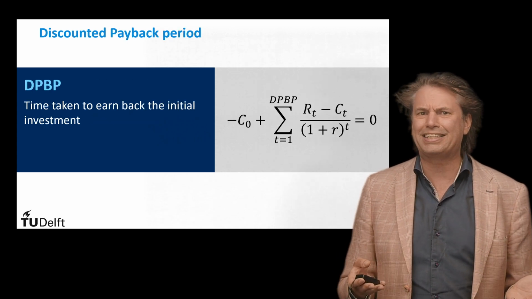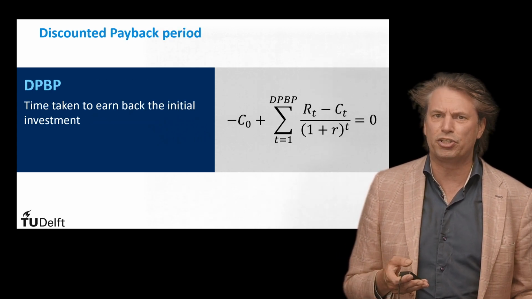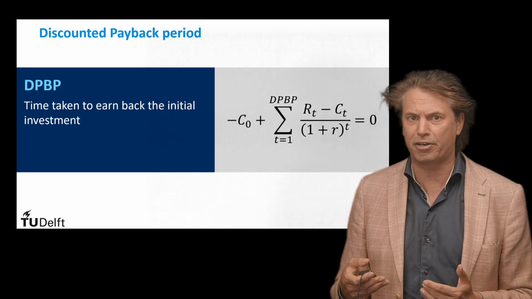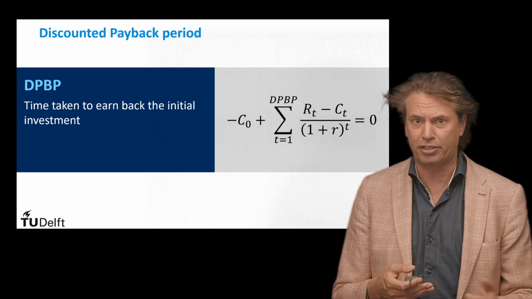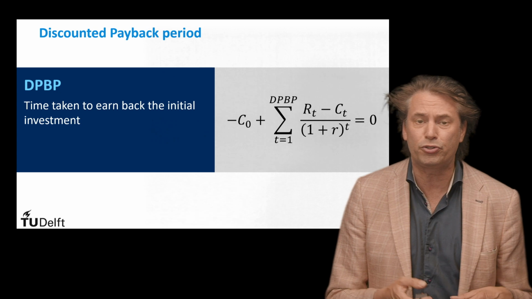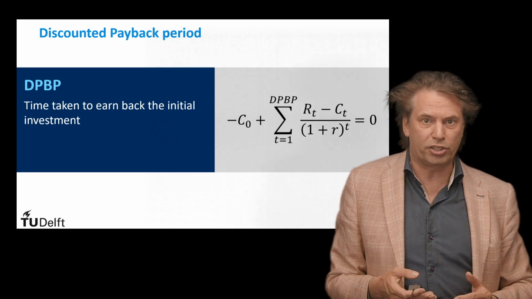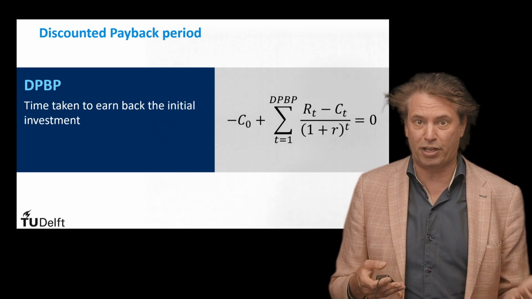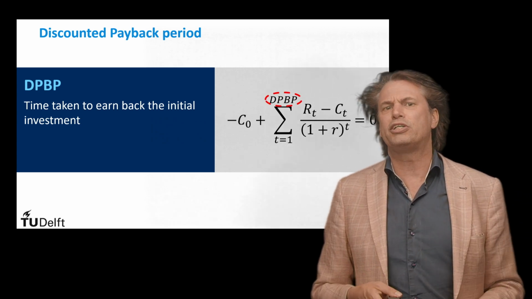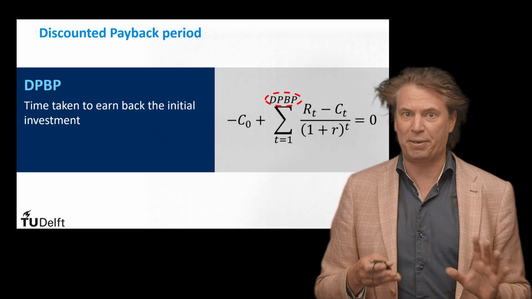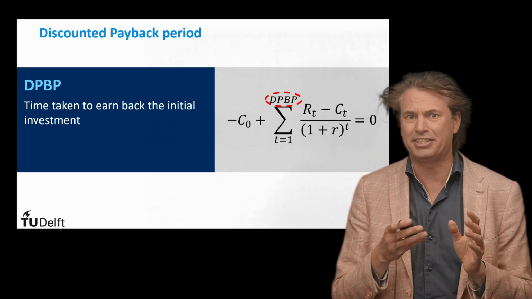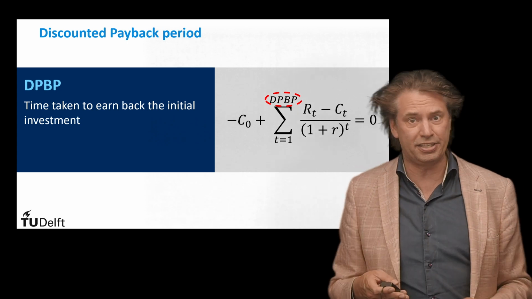Suppose now that the NPV value is positive, so the revenues will be higher than the cost at the end of the lifetime, and therefore the investment is convenient. There will be a moment when the total revenues are equal to the costs. In other words, there's a moment when the net present value becomes equal to zero. Such a moment is called discounted payback period, and it's usually measured in years. It is defined as the time taken to earn back the investment.